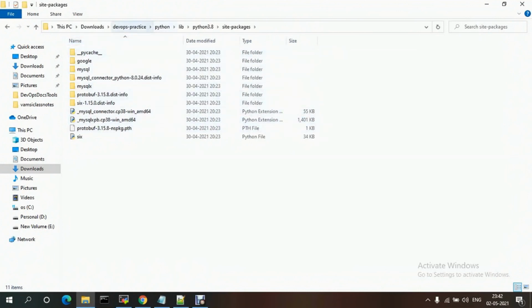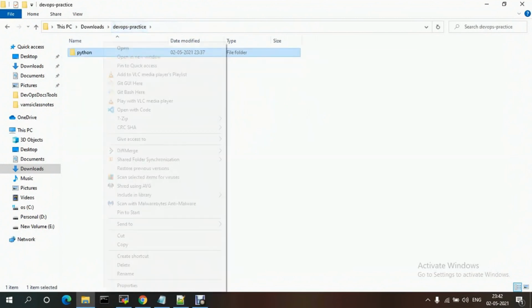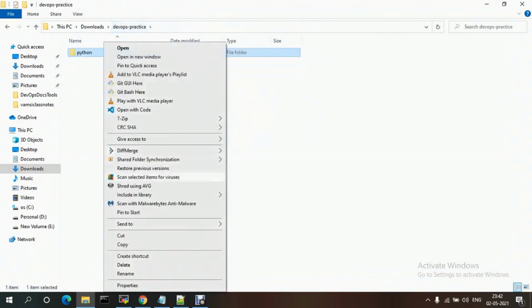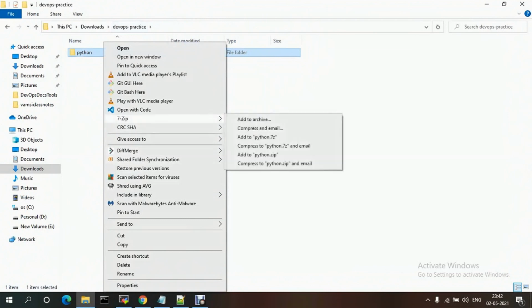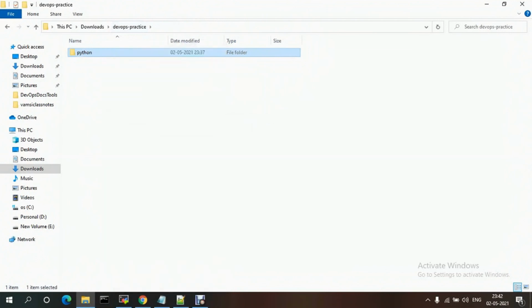Now what you need to do is zip this one. I'm using 7-Zip, adding it to an archive.